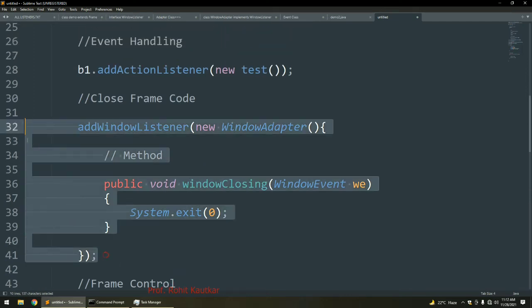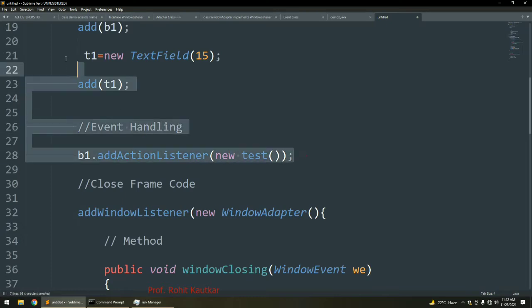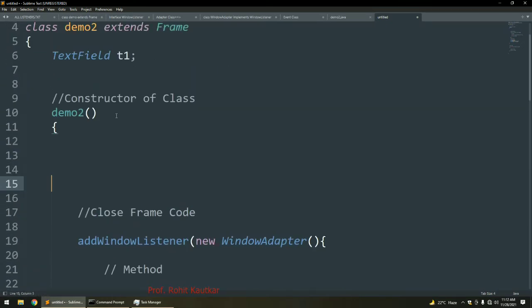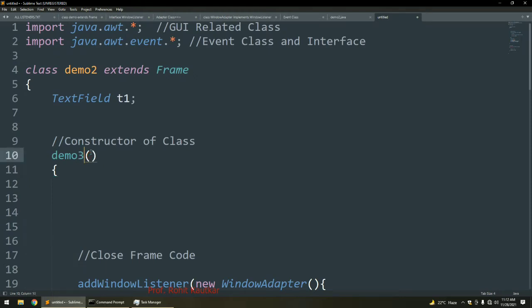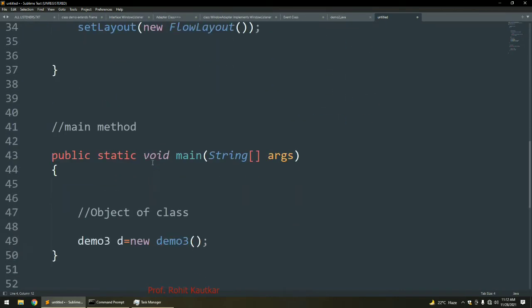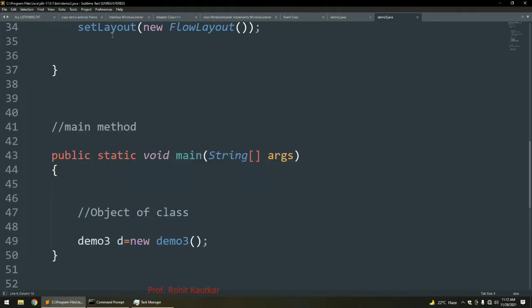Window listener as well we want, because we want to close our frame whenever we click on the close button. We will remove all these things. You can see the class name will be demo 3. Now you can see the basic code we got here, and we will save this file as demo3.java.